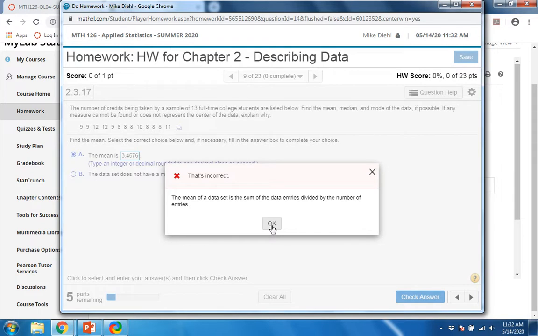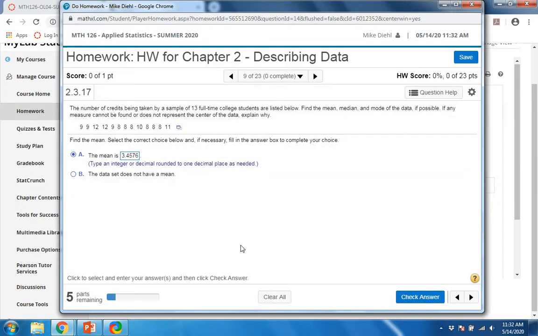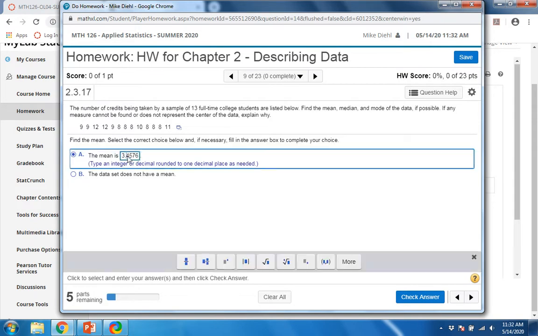Okay, so the important thing you notice here is, is it right or wrong? That's important. But a lot of times, the little message that comes up here is maybe not so useful. All right, so I got it wrong. But notice it's still letting me do the problem. So it'll let me submit a different